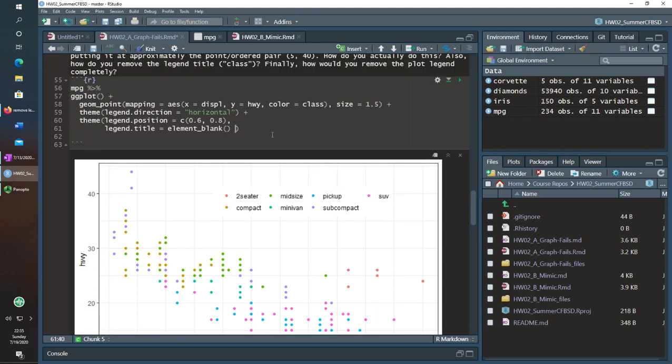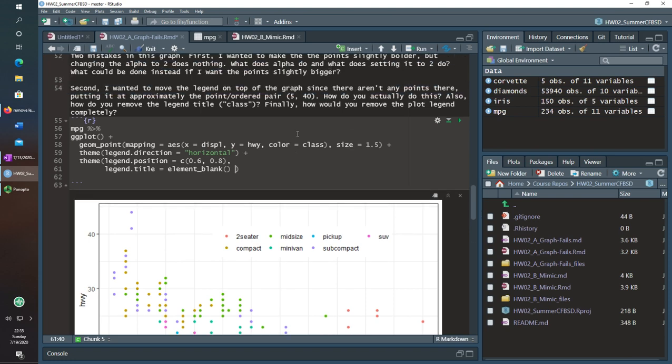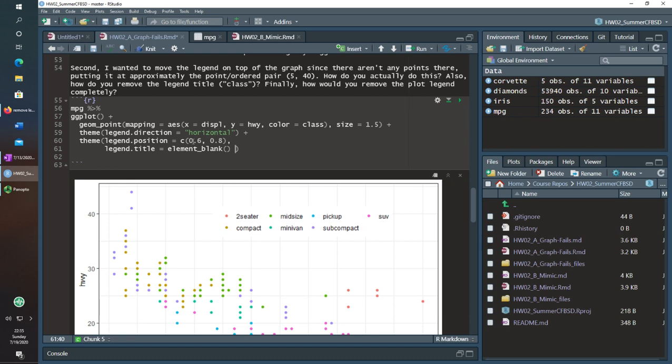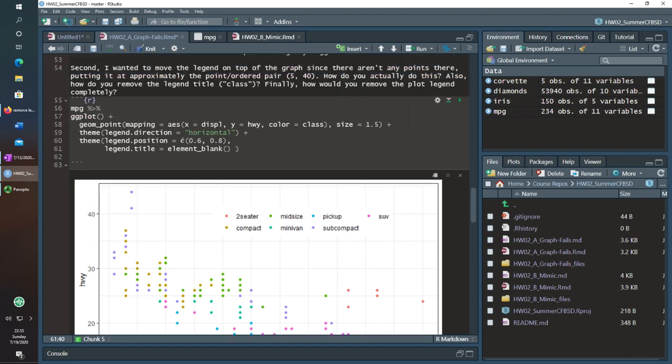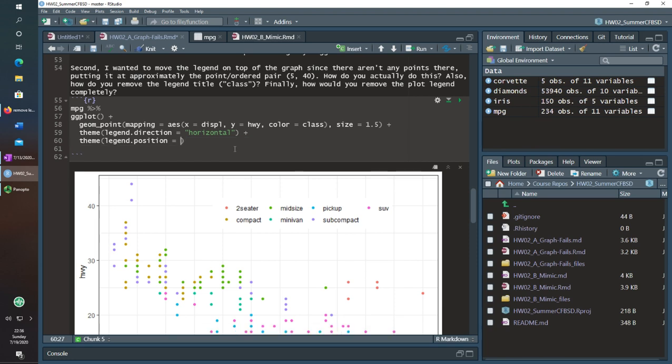And finally, if I wanted to remove it completely, well, you actually saw that I was able to, if you put the position to be, you know, 40 and 40, it will never appear because it's all the way off at wherever 40 is. But that's probably not the best way to write the graph, and it's just going to confuse people if you do that. So what you just want to put in for the legend position is none.